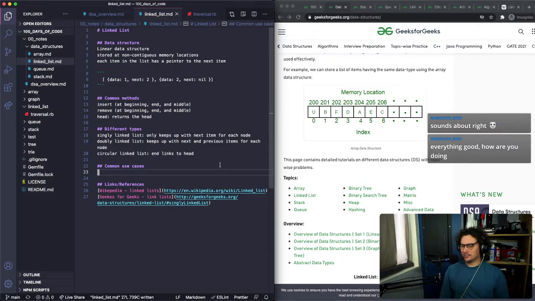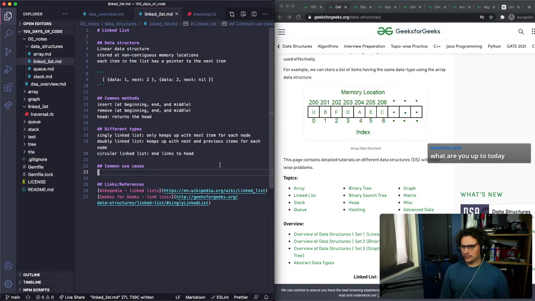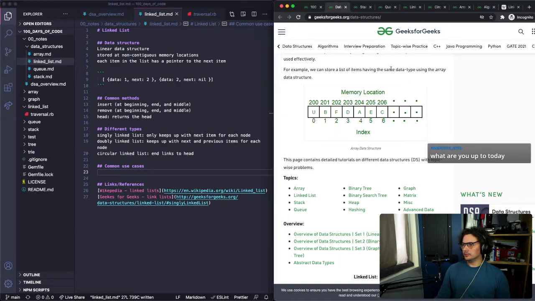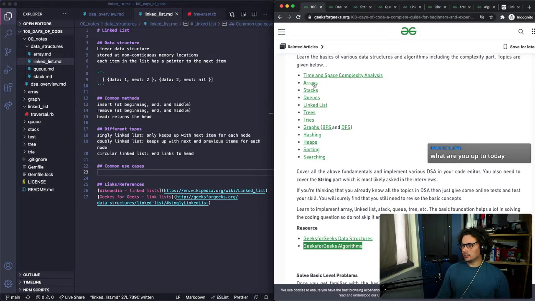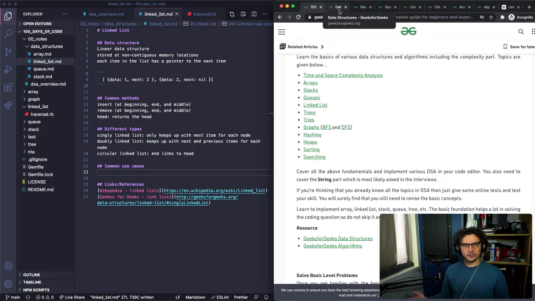Taking some time now to take some notes and actually write stuff out on these data structures. I've been hammering through Geeks for Geeks and some of these data structures and algorithm stuff that they have listed here, but I haven't taken the time to step back and take notes on stuff and see all the things that I've skipped over.